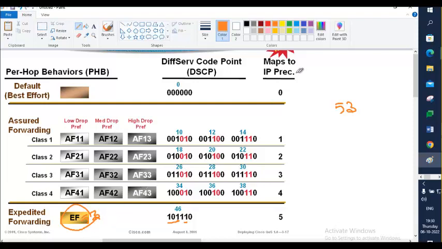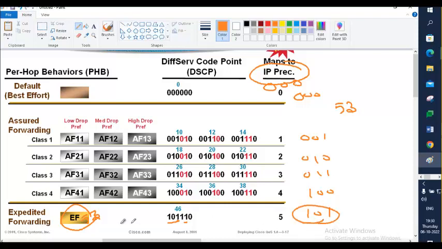I told you in IP precedence, there's only 3 bits. With 3 bits, you will have 000, 001, 010, 011, 100, 101. Now, 5 is getting matched with 53, EF 53. If it is IP precedence, you will not be using 6 bits, you'll be using 3 bits,